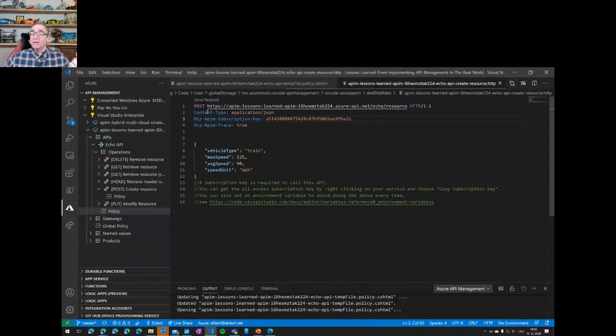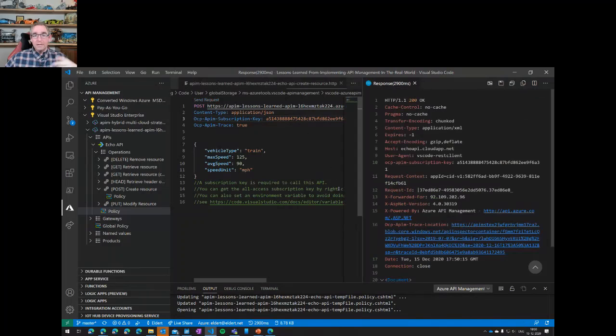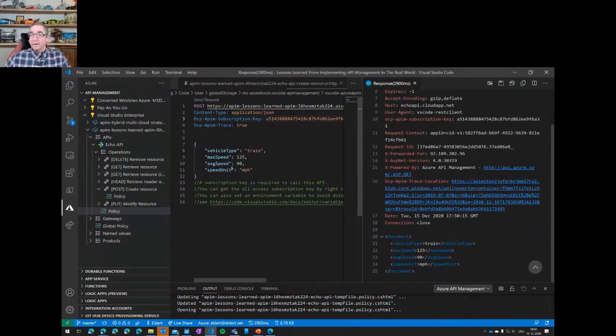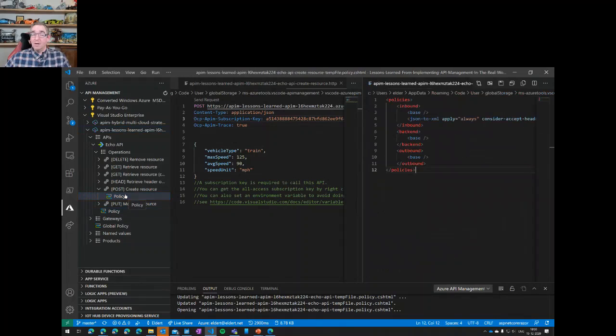And this is actually using the REST client extension for this. So what you see here is the REST client extension, which allows me to have this post API management endpoint. I have my content type over here, my headers, and my body. I can now just say send request. And this will now call out to my API management and do that post request over here. And what this specific API does is transform my JSON to XML.